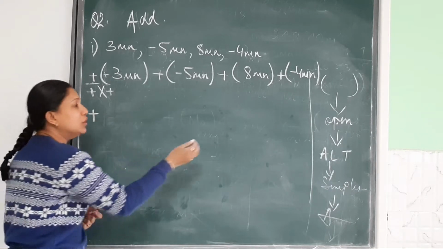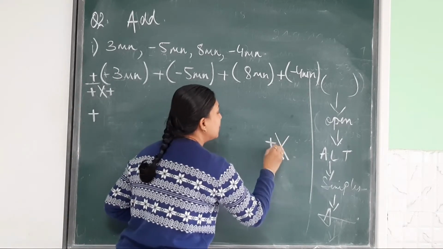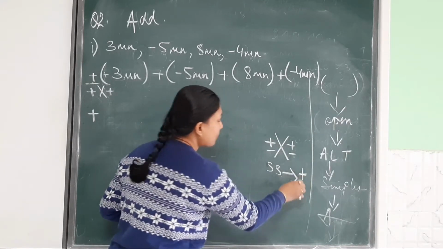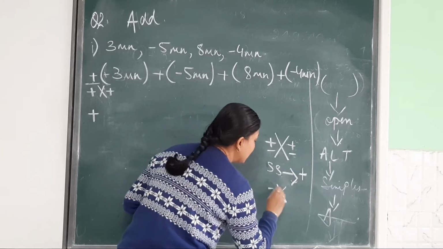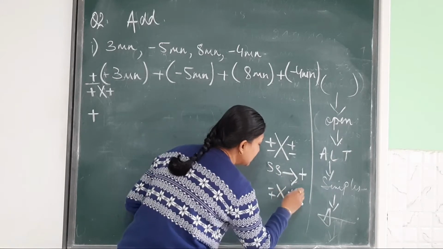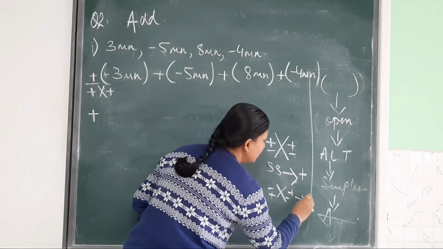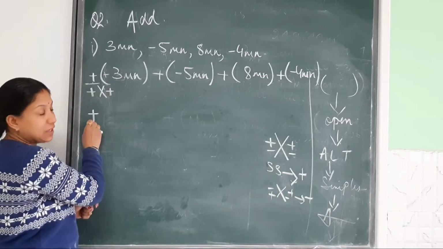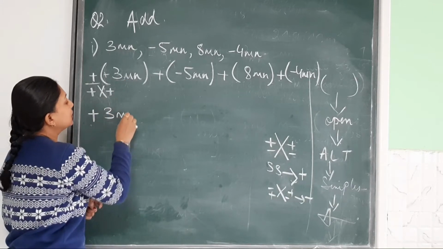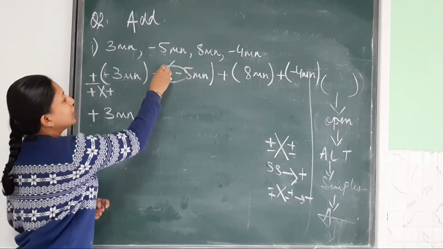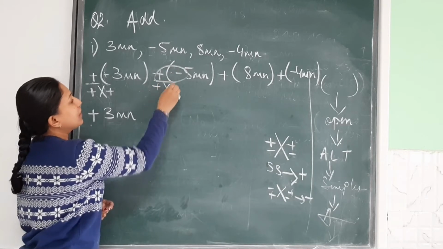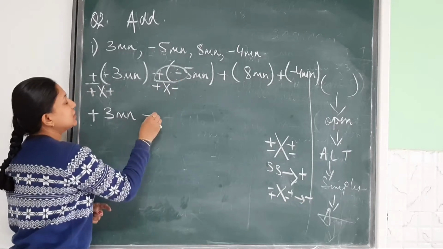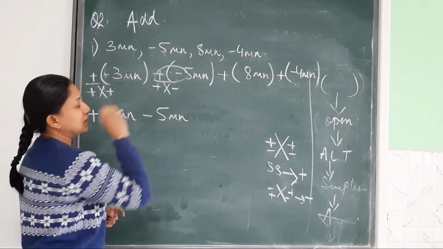Multiplying same sign will give you same sign. Okay, plus sign you know. The rule also we have discussed. When you multiply same sign, you get a plus sign. And when you multiply two different signs like this, you will just put a minus sign. Clear? So we will do this. You get the plus sign. Now copy the term. Now you are multiplying plus multiplied by minus. When you multiply different signs, the result is a negative sign. Okay, minus sign you will get.